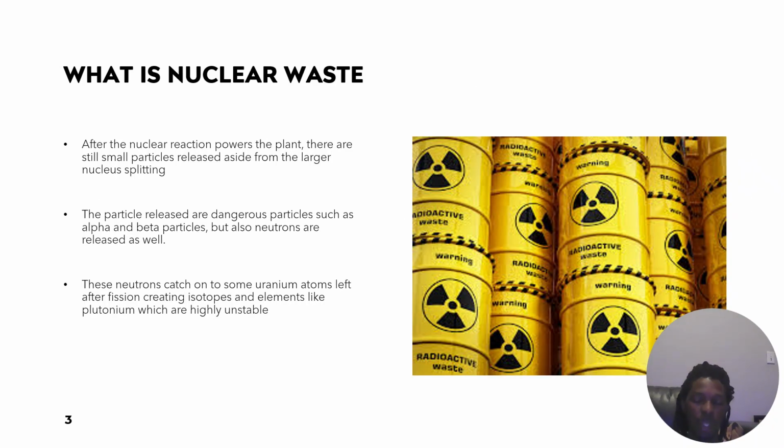Now that we know how nuclear energy is made, how is nuclear waste made? Nuclear waste is essentially the byproducts from this fission reaction, and it comes in the form of alpha and beta particles. When it splits, it creates those two nuclei, but it also releases the beta and alpha particles, like I said, but also releases neutrons, which some smaller